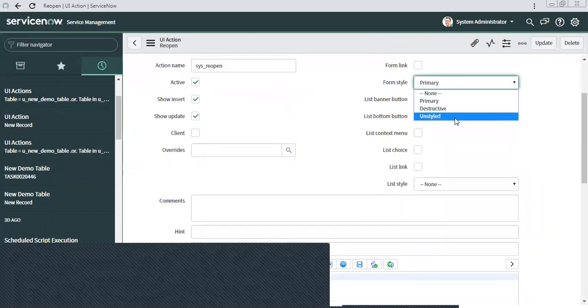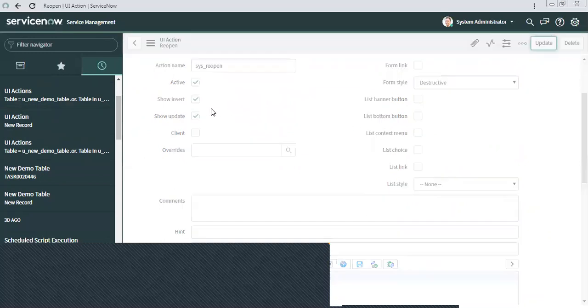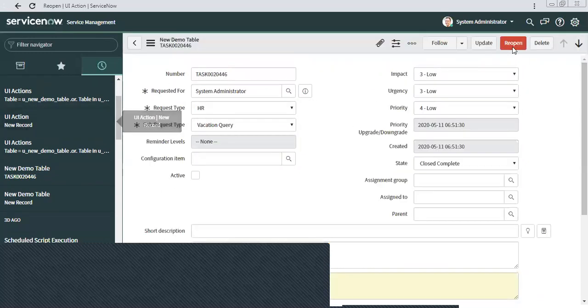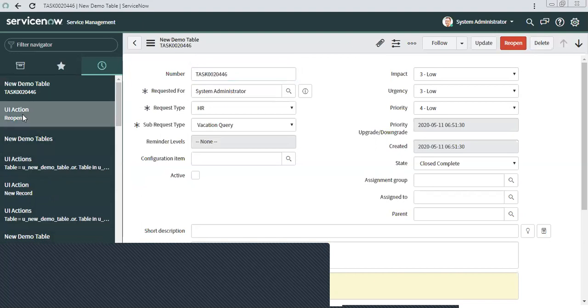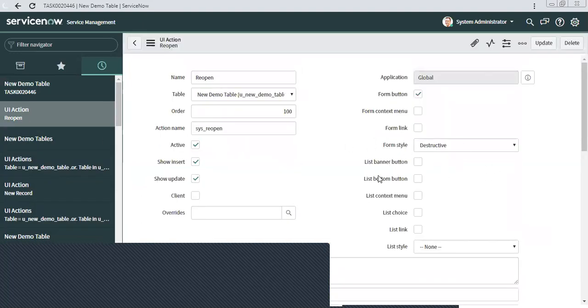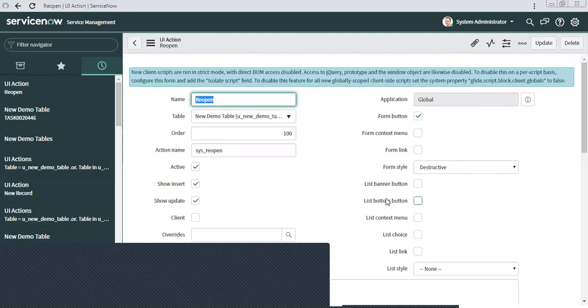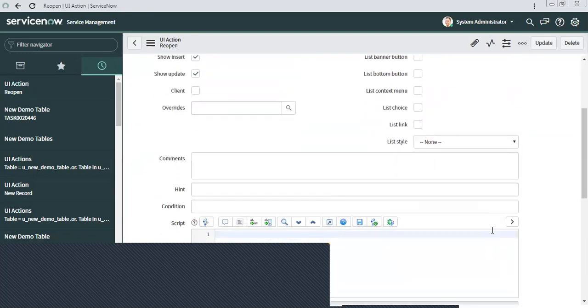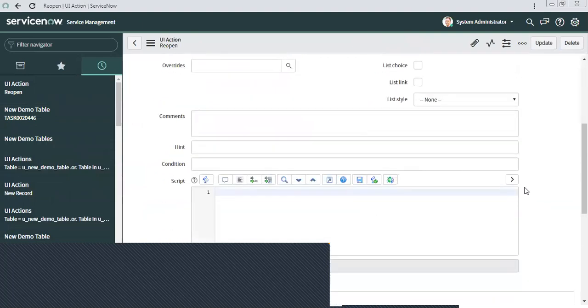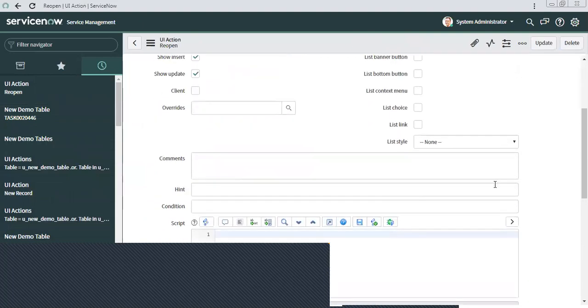If you select destructive, then it will show you, I think, in red. This is how you can make use of the form style and list style, how you want it to look.